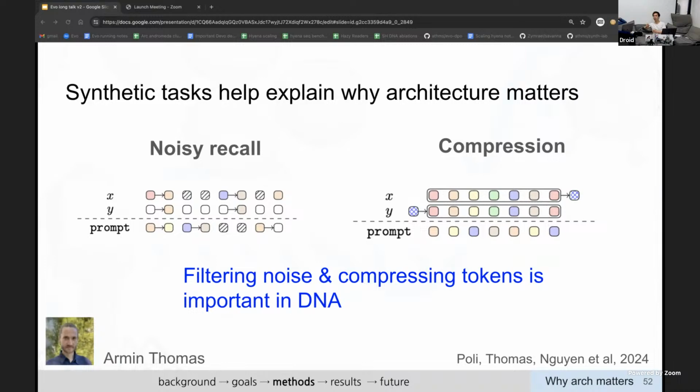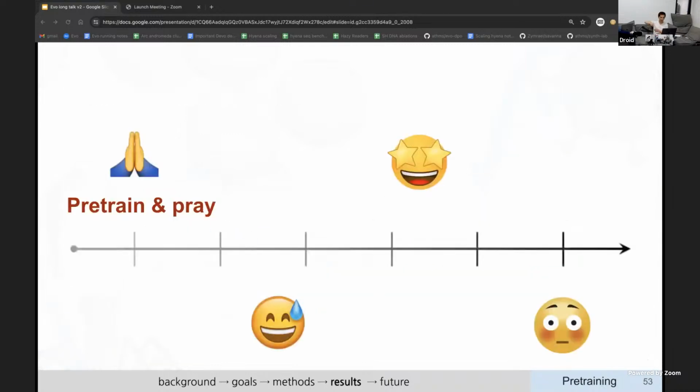Similarly, in the compression task, we're asking the model to essentially compress a sequence and then uncompress a sequence representation from a single token. We think this is important for DNA modeling, particularly the single nucleotide level modeling that we do, because we're essentially asking the model to aggregate and learn how to compress meaningful DNA units through training instead of through tokenizing like language does. So in this set of experiments, it provides a hypothesis into why a convolutional model like Hyena might do better at DNA.